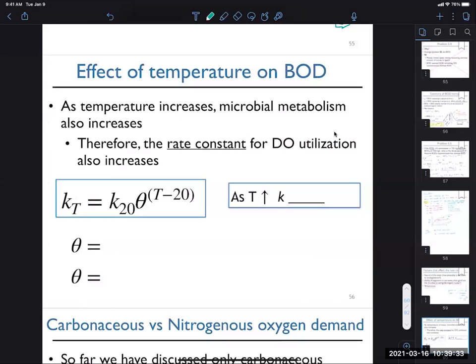It can be described by this equation. This K sub T is K at unknown temperature. So this is not unknown temperature, but non-20 degrees C temperature. And this value is K at 20 degrees C. As temperature increases, the rate constant will increase, and it is sort of proportional to this theta value. Theta